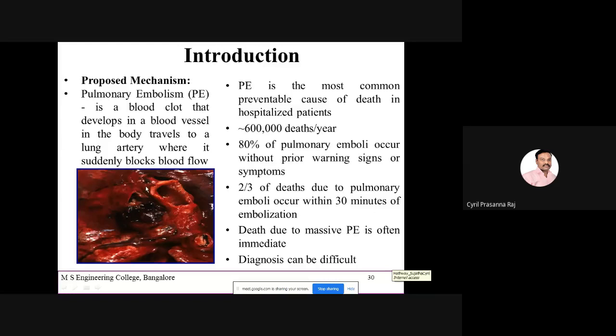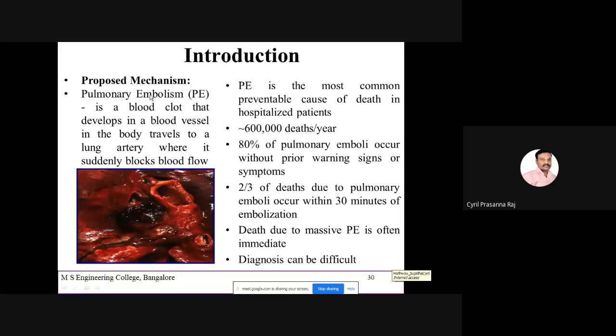This is the picture of the lungs, and you're able to see some dark red and light red. This dark red shows a clot, and again there's a clot here. This is how the lungs appear when they get a clot. There is some cut which is done here to remove the clot. So there is a concept called pulmonary embolism.